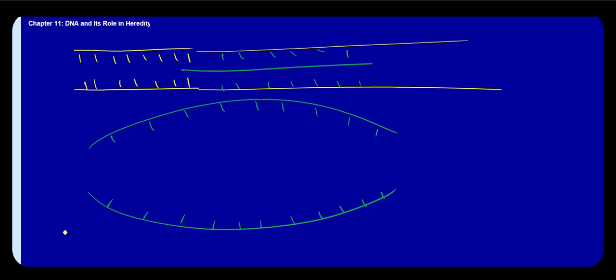So what we'll do is we're going to have the complementary nucleotide float in. So if I have a cytosine here, I'm going to have a guanine come in. I have an adenine, I'm going to have a uracil. Remember, uracil, not thymine, comes in, and so on. So my complementary nucleotides kind of float in there,